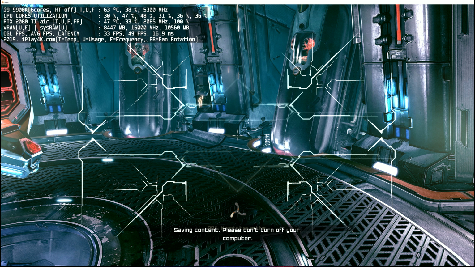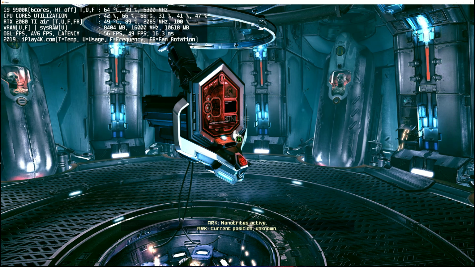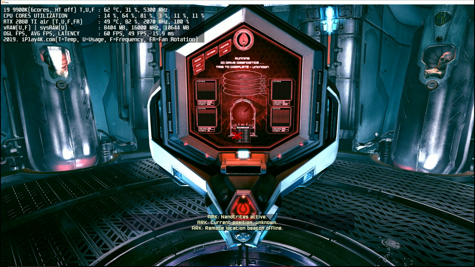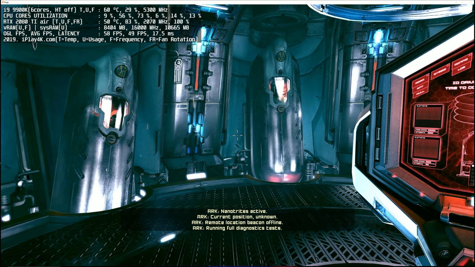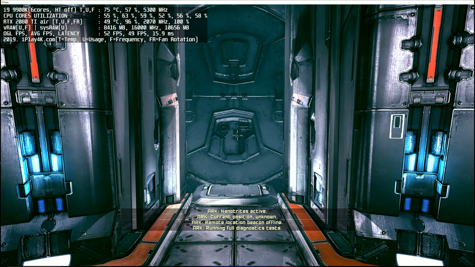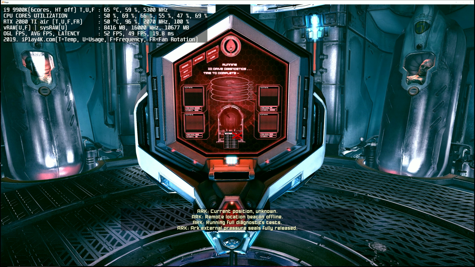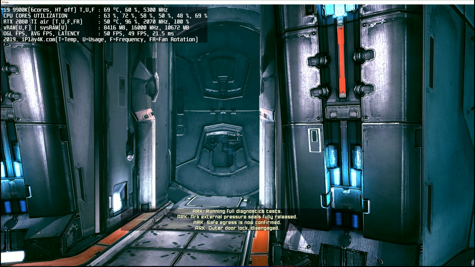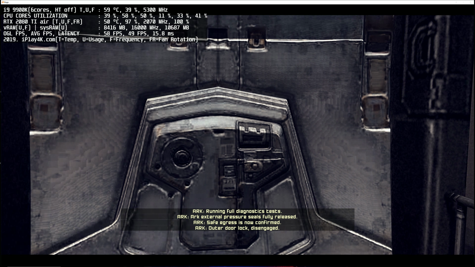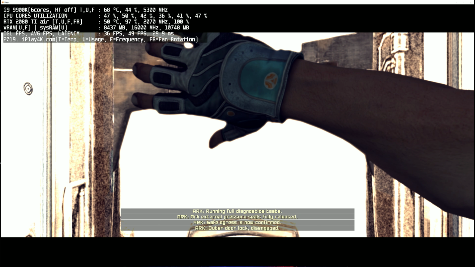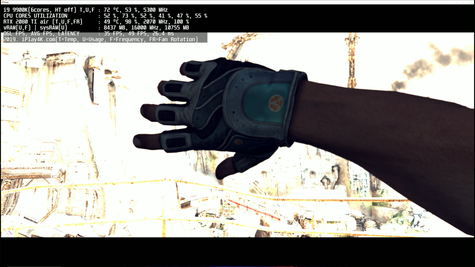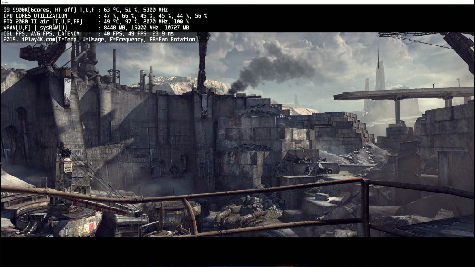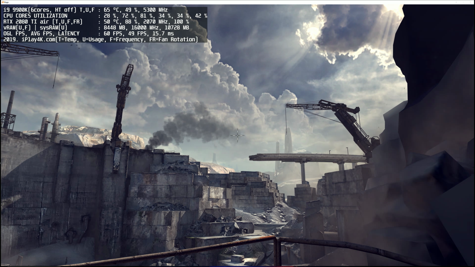And I believe that latency delay will increase as well, because when we're storing some data into the system RAM, it's not as fast as our VRAM. My overclock on the VRAM today is 2000 megahertz additional, and my VRAM is running at 2133 megahertz. So my system RAM speed is as fast as my VRAM additional overclock, because my system RAM speed is 2133 megahertz and my VRAM additional overclock is 2000 megahertz. So you can imagine, guys,